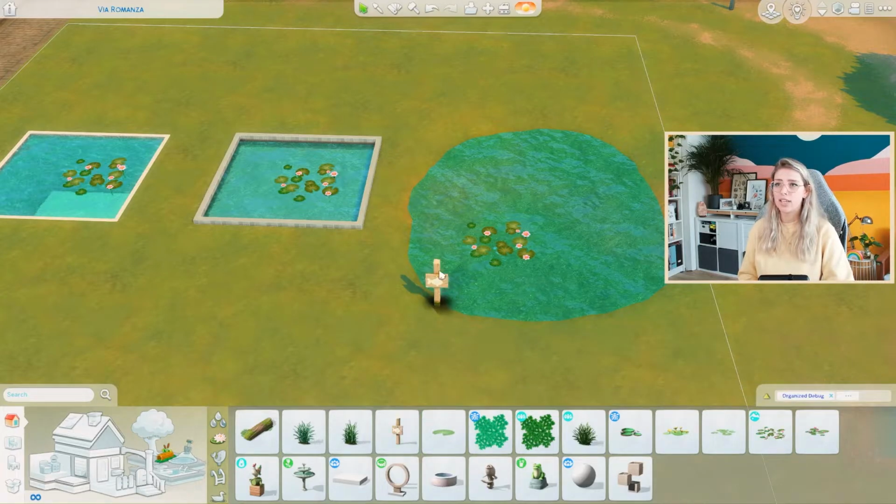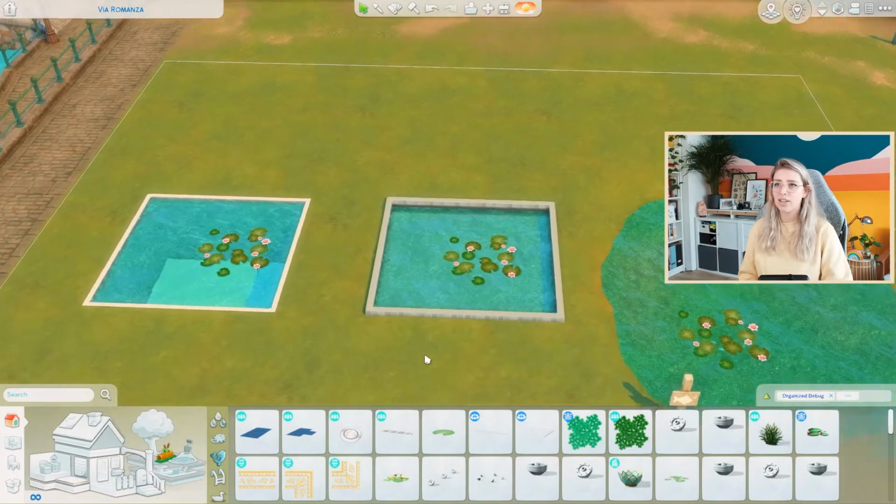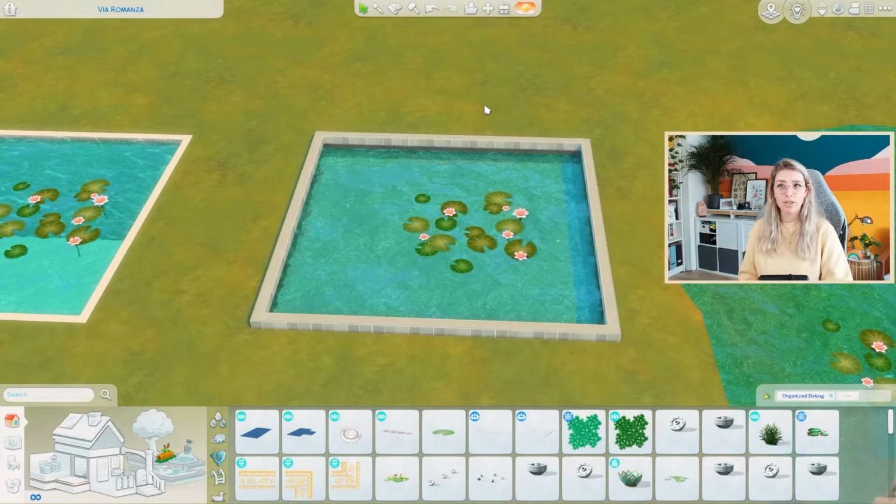If you have the fishing sign, I believe it only works with a pond, so your Sims will actually be able to fish in this pond. I don't think if you add it to fountains or a pool that your Sims will be able to fish in those. So keep in mind that these are technically pond items and they are supposed to be used with the pond tool. The next one is fountain decorations, and this is actually the part that came with the fountains